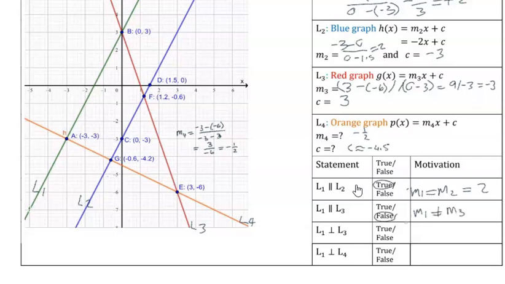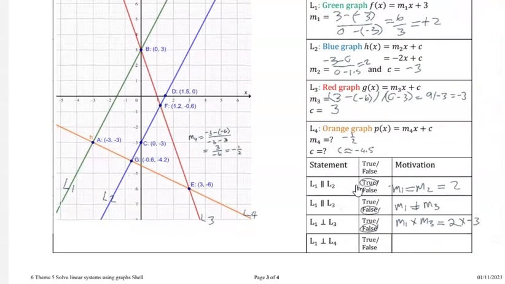And L1 perpendicular on L3, that is also false, because M1 times M3, M1 is 2 and M3 is minus 3, so that is most definitely not equal to negative 1. But for L1, which is 2, and L4, we have 2 times M4 is minus a half, and that will